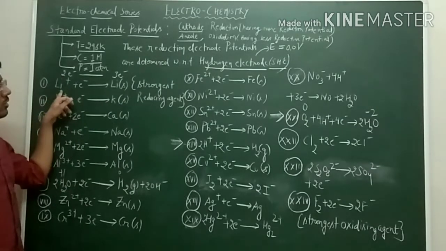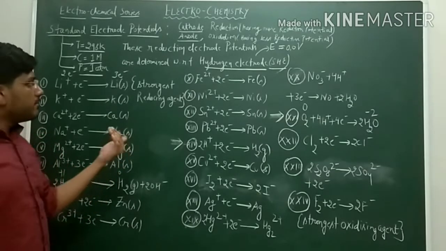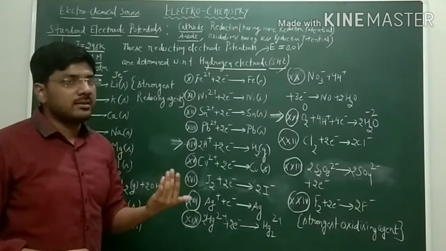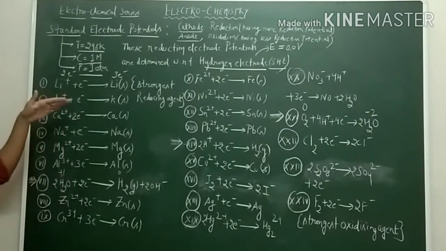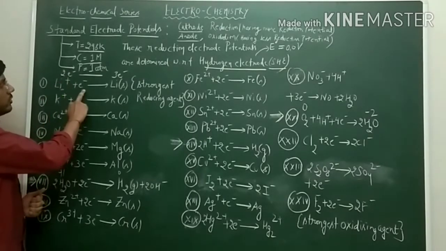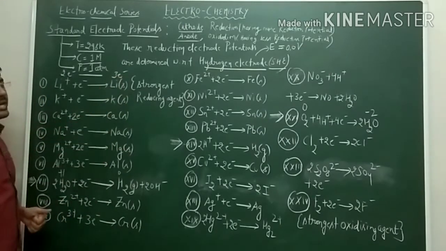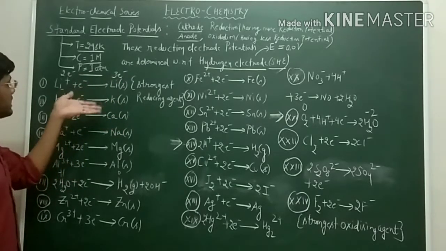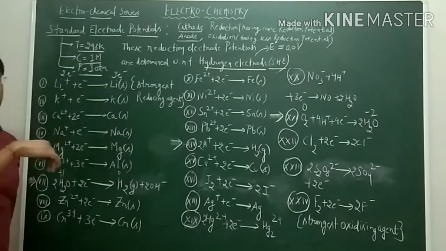Firstly we will look at the species having lesser reduction potential. We know that metals have the tendency to lose electrons; they do not have the tendency to gain electrons. So species like metals are arranged first in the electrochemical series. Like Li+, on gaining one electron it becomes lithium, with 3 electrons. We know that this becomes unstable, so it has very little tendency to accept an electron. So it has more tendency to lose electrons.